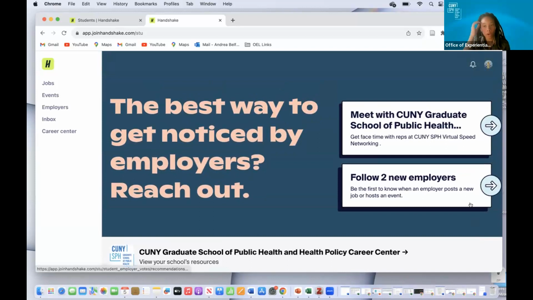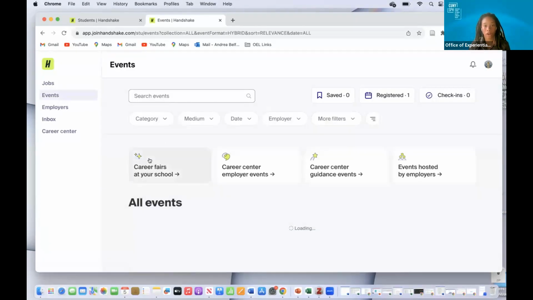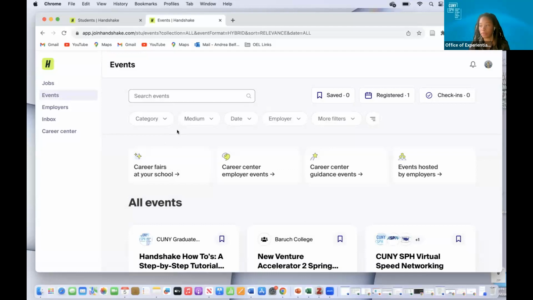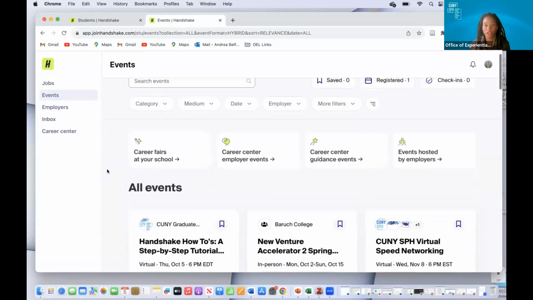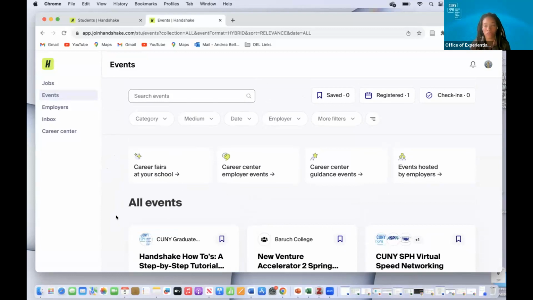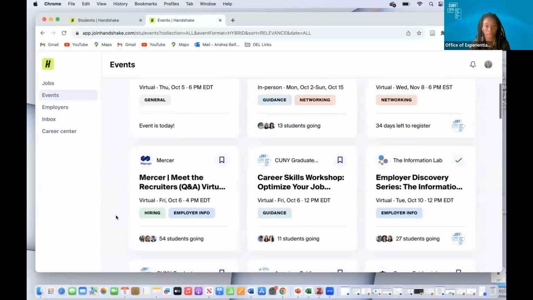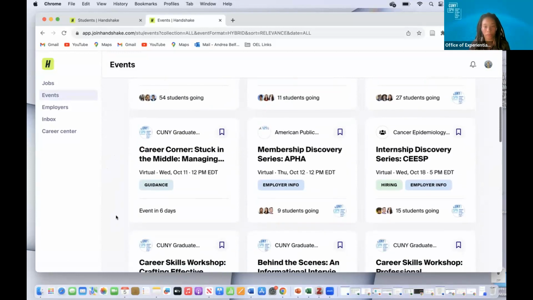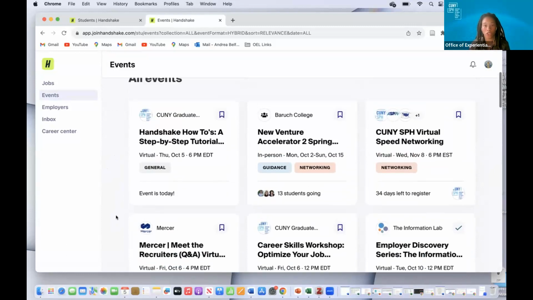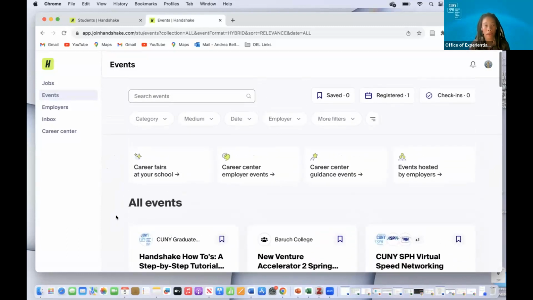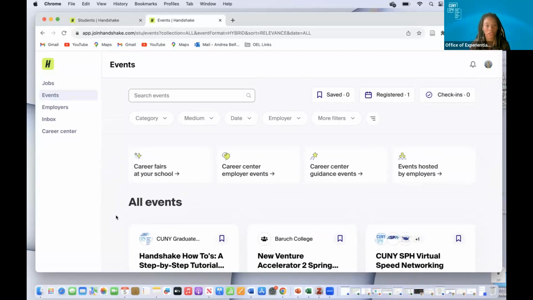All right, so now we're going to look at events on Handshake. So if we go to the left here, yep, click on events. Okay, so here you can explore all the different events happening on Handshake that are hosted by CUNY School of Public Health, but also external events. Okay, so that's what you'll see here. So there's a lot going on, so definitely take the time to look and see what you want to register for. So if we go back up here and we look at the filters,